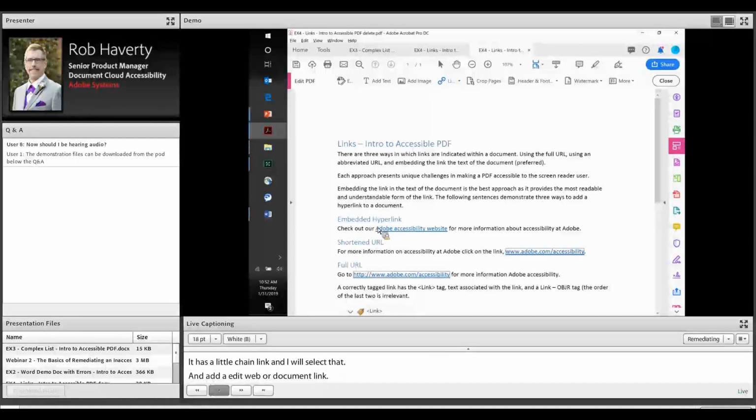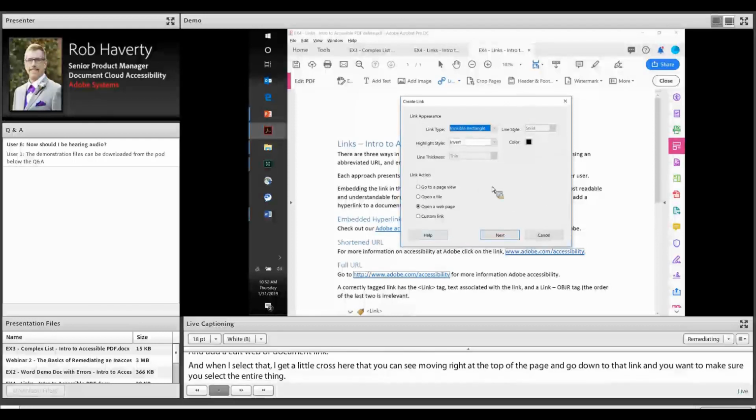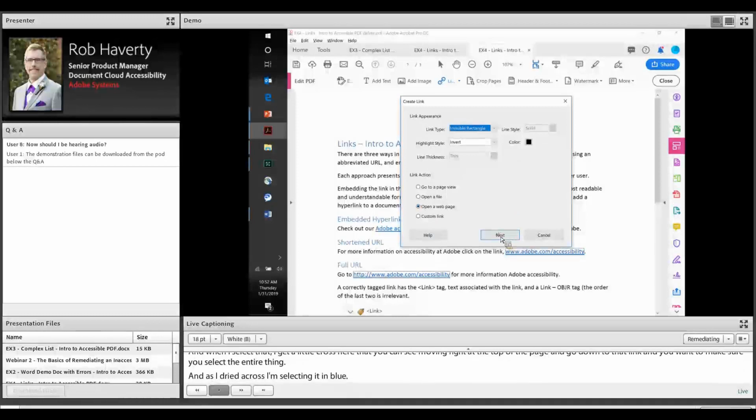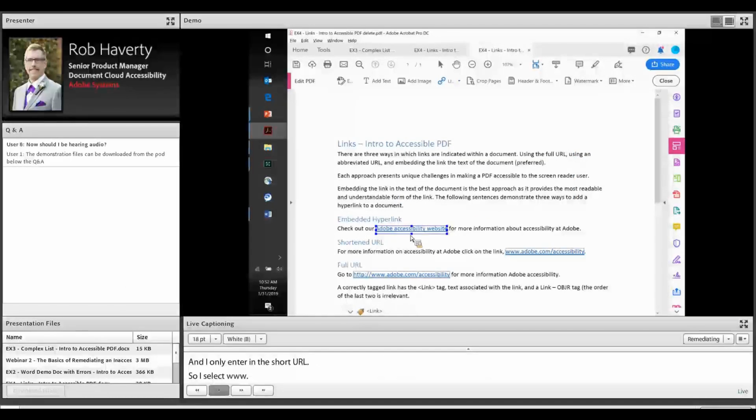I'm going to go down to that link, and you want to make sure you select the entire thing. As I drag it across, I am selecting it in blue, and it's going to give me some options. I don't want a rectangle, so I want that invisible. It should open a web page. It's going to say next. And I'm going to enter the URL, and I only have to enter the short URL. So I can do www.adobe.com/accessibility. And I'm going to say OK. Now I have the link,